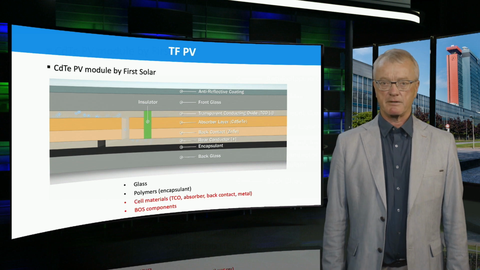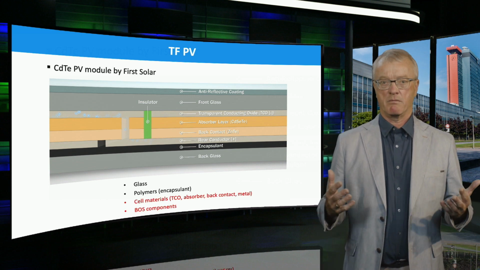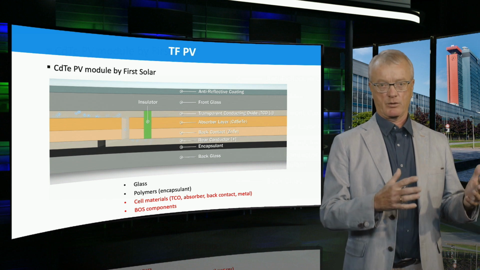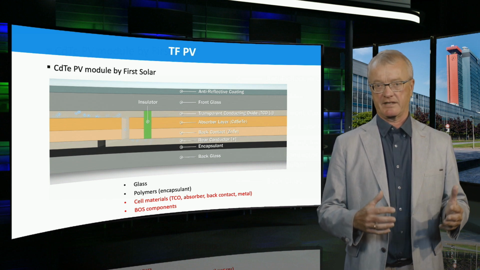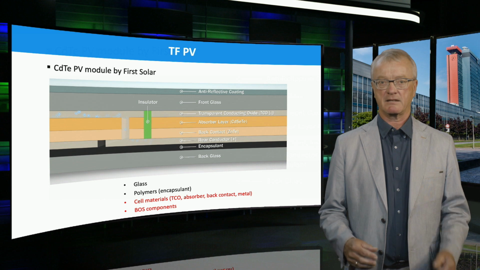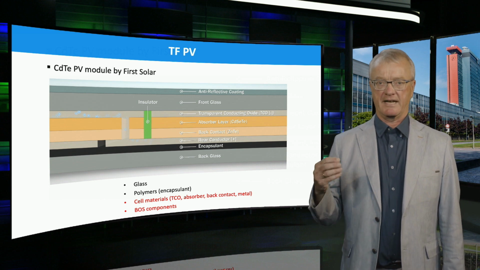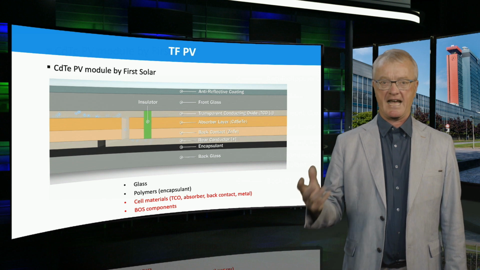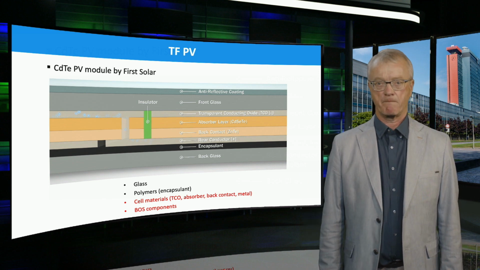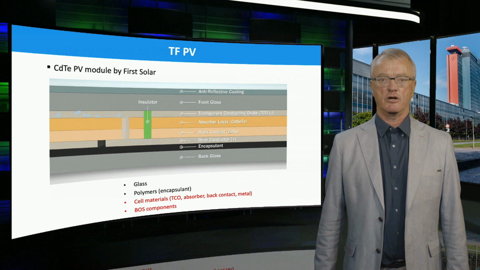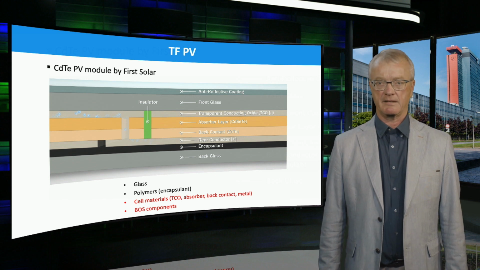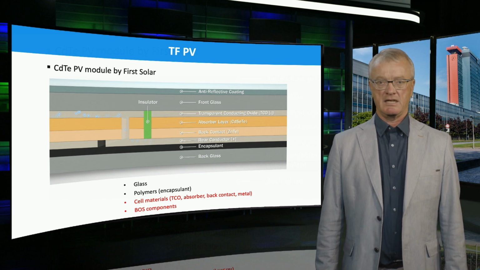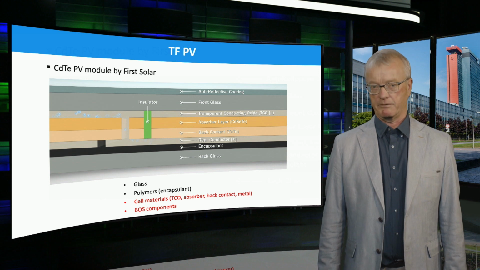Different from silicon PV, in which the electricity demand for the production of high-quality wafers requires a lot of energy and induces various forms of environmental impact, a large portion of the energy consumption in thin film PV goes to the cell materials and balance of system components. However, the overall energy consumption of making a thin film PV module is less compared to that of a silicon PV module.